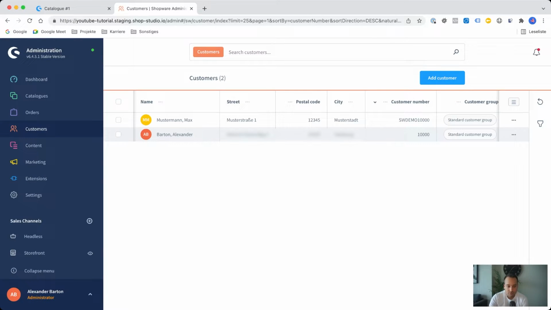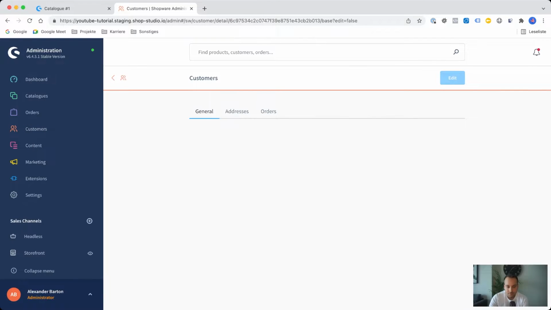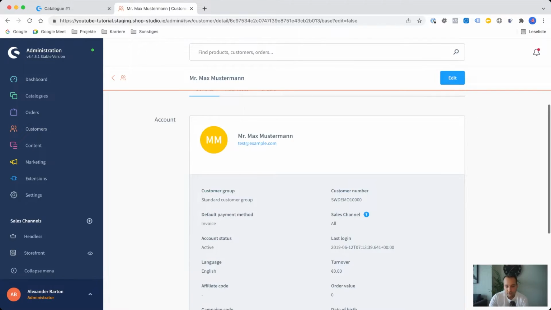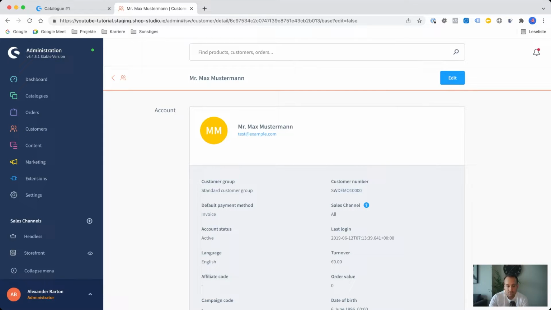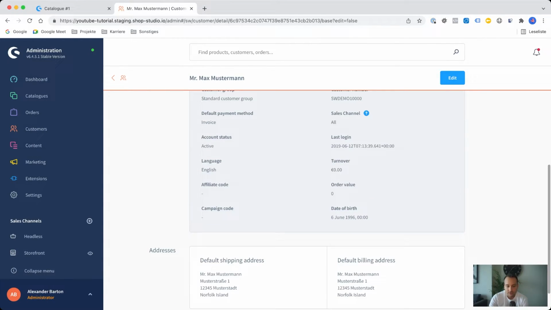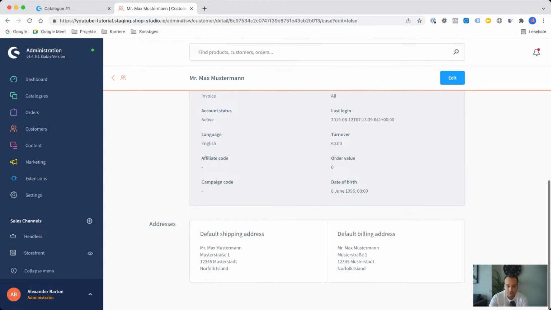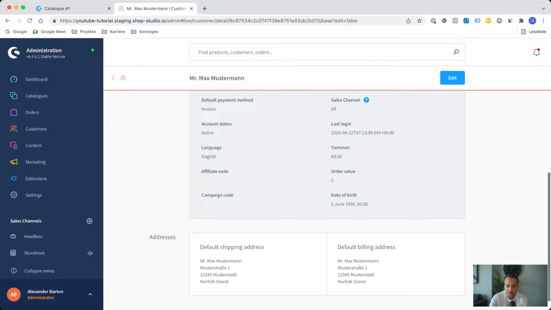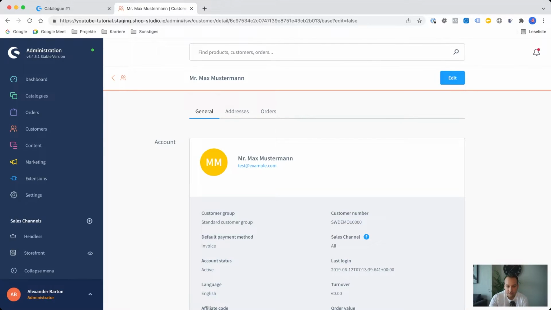And if we jump to a specific customer, let's say Mustermann Max, we have some account data like the default payment method, the bound sales channel, and the account status. If the customer was created via an affiliate code or a campaign code, you can see it here too, to analyze it further later. You can see the default shipping and billing addresses, and in general